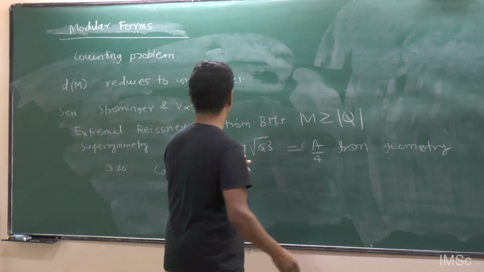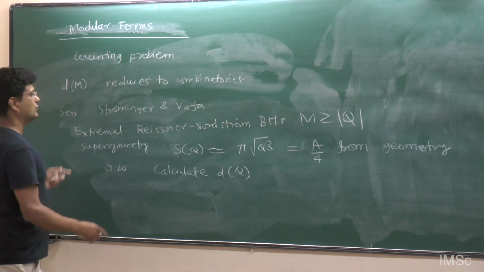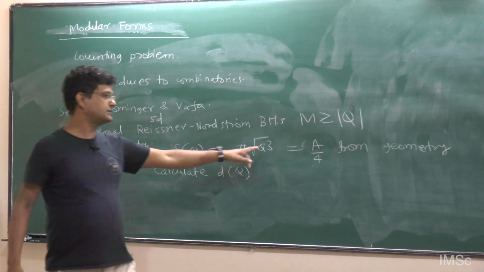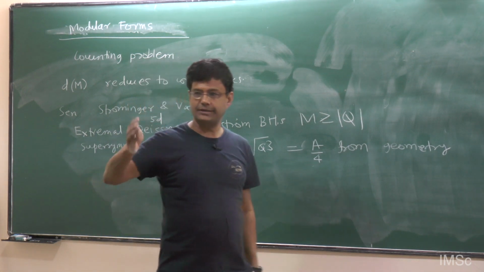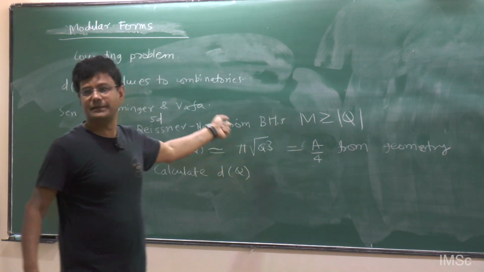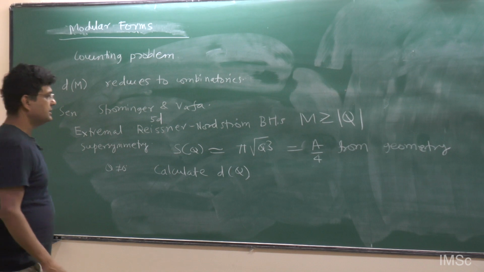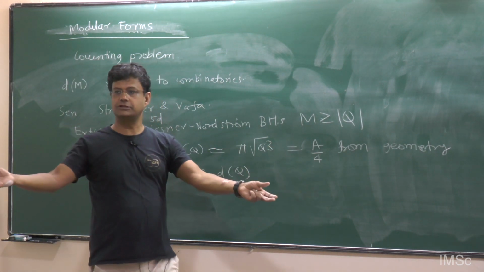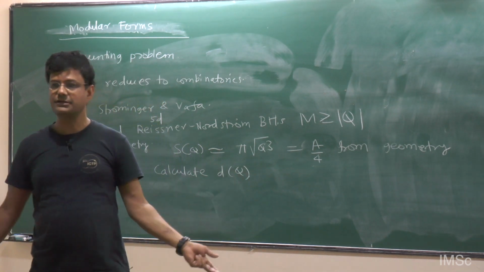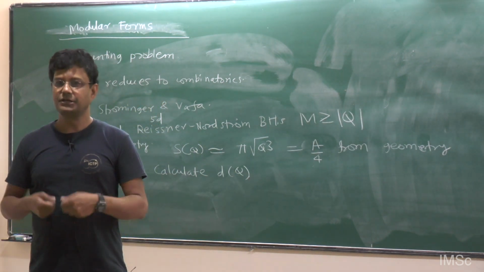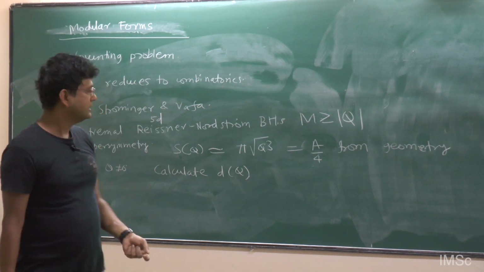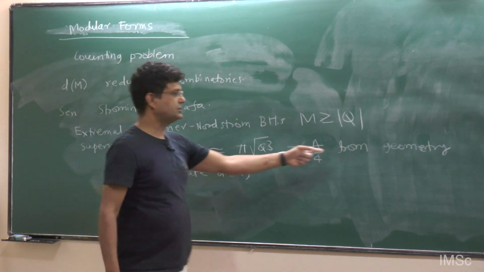This particular black hole is in 5 dimensions and it's an extremal black hole, so the powers are a bit different. But similar things have been done for 4 dimensions; I'm just taking the simplest example that was considered first. The main point is that you just have to calculate area upon 4. You look at the solution, a relatively simple solution like Reissner-Nordstrom, you take its limit, you calculate the area of the horizon, and you get an answer just from geometry.